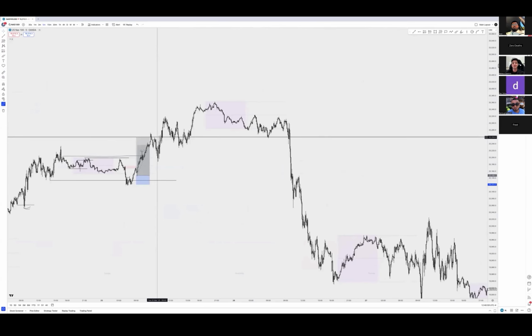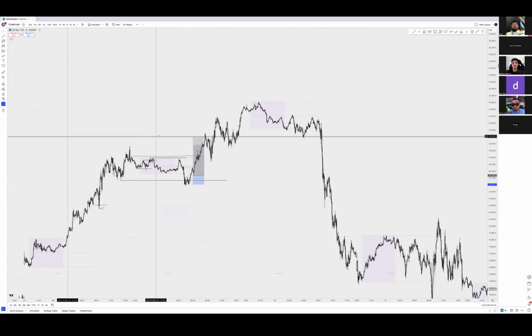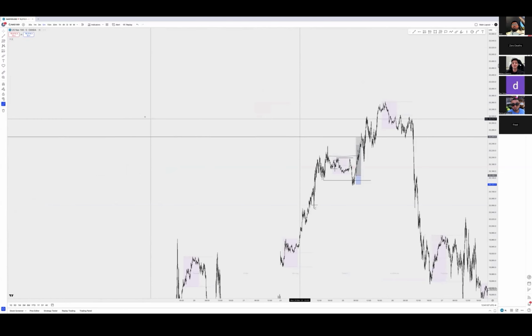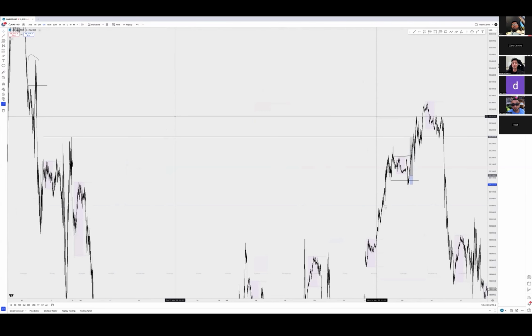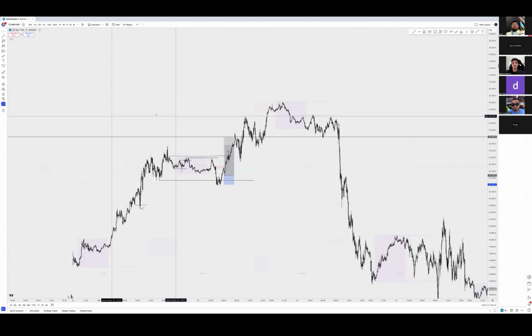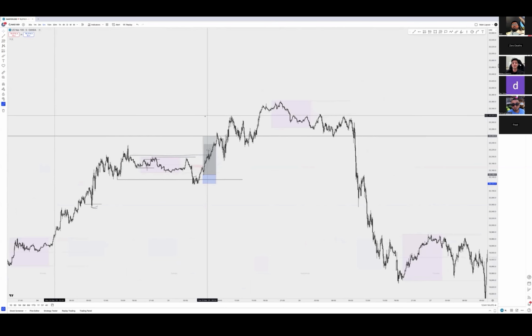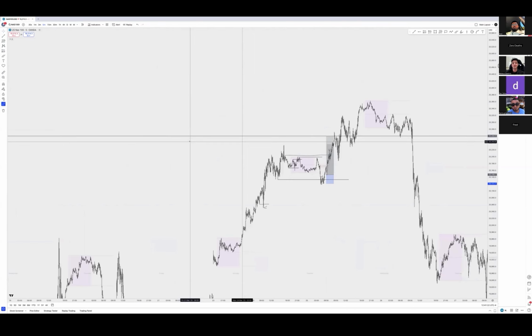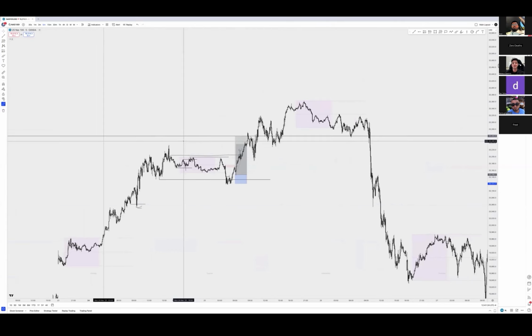Yeah, so honestly, since this high to the left got taken out, I need a lot more PA for me to sell right away. Unless you take a higher time frame entry, that's a whole different story. But yeah, I need to see more PA before I look for any sort of shorts to the downside. Because it takes out such a major liquidity point, and then heading straight to the 1 minute or the 5 minute is never a good idea.